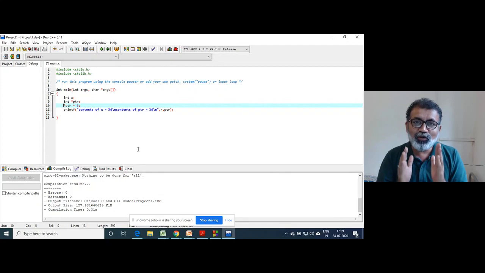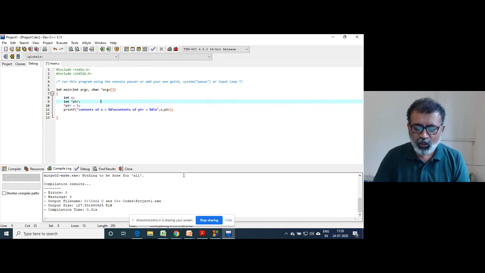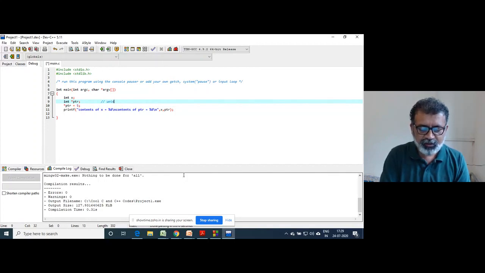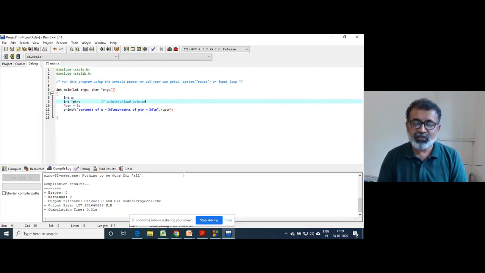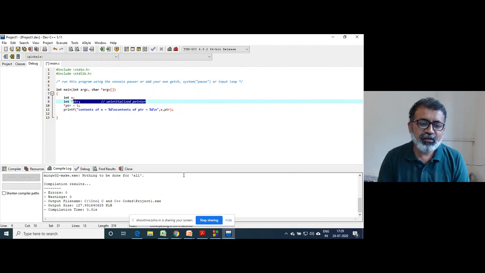So this is absolutely wrong, and in computer terminology, this is called uninitialized pointer. The most dangerous thing.